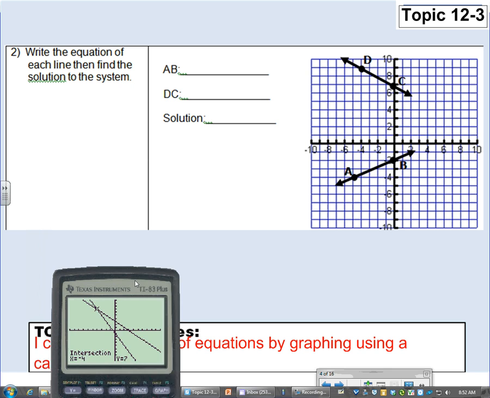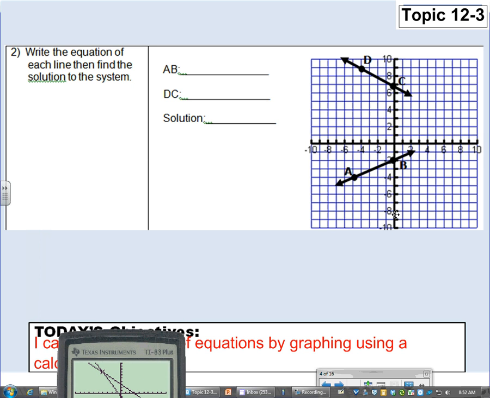Problem number 2. Let's see how this can help us. We want to write the equation of each line and then find the solution of the system. Our lines that are given now are on the graph. And so this is line AB. It has a point and a point. And to get the equation of the line AB,